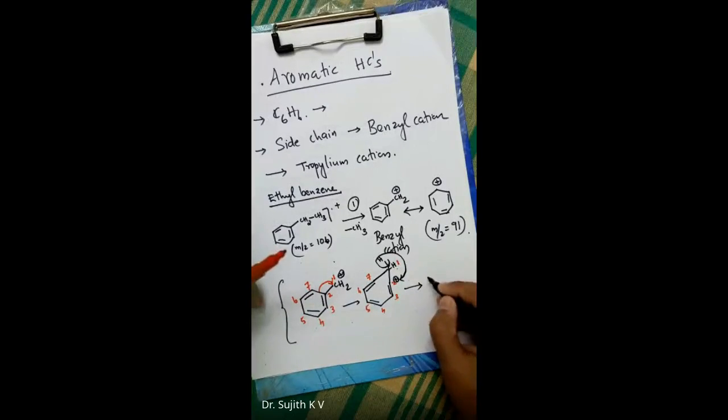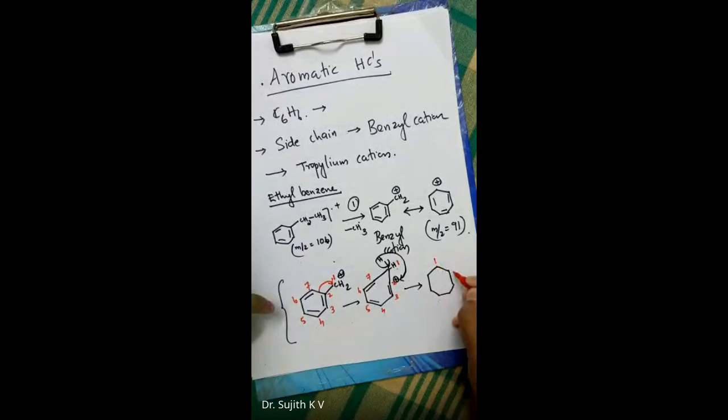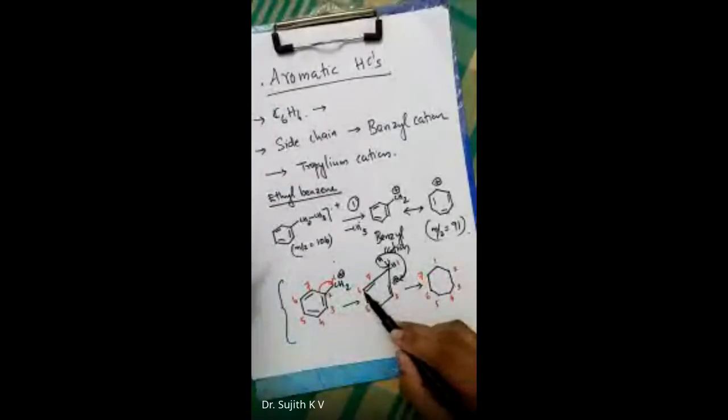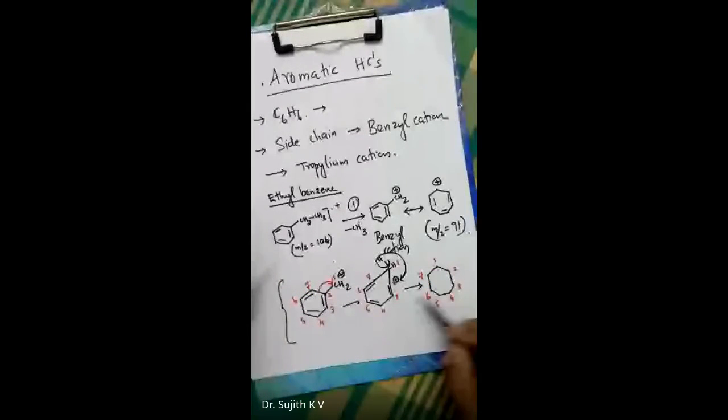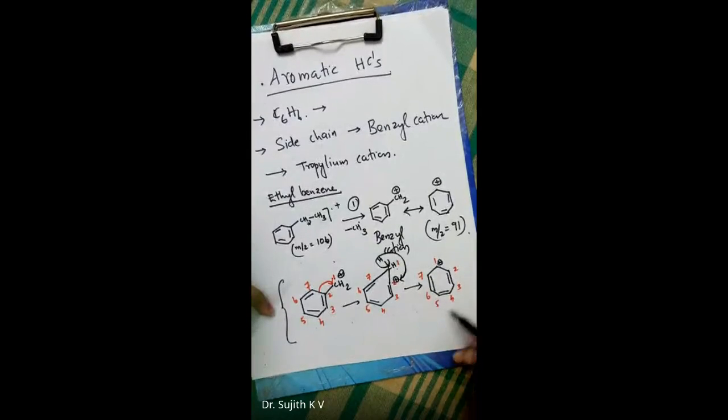If you write like this, let us look: 1, 2, 3, 4, 5, 6, and 7. So there is a double bond between the second and third carbon, that's okay. Double bond between fourth and fifth, that's okay. Between 6th and 7th, that's also okay. Then the positive charge was on the second. Now it has come to the first carbon, because there was a CH2 and one hydrogen has shifted from this carbon to the second carbon. Now the tropylium cation is